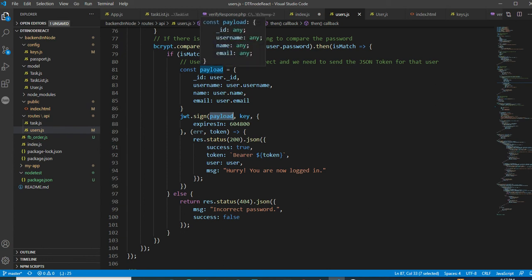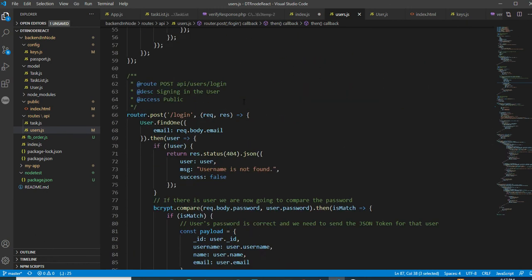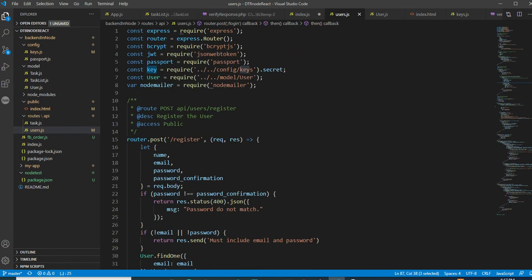So payload is the detail of this particular user, which you have stored in the payload variable. And then the key is what? Key is here. You can go there and you can notice a secret key. From the require config key, from this particular page, you have defined the variable which is a secret.